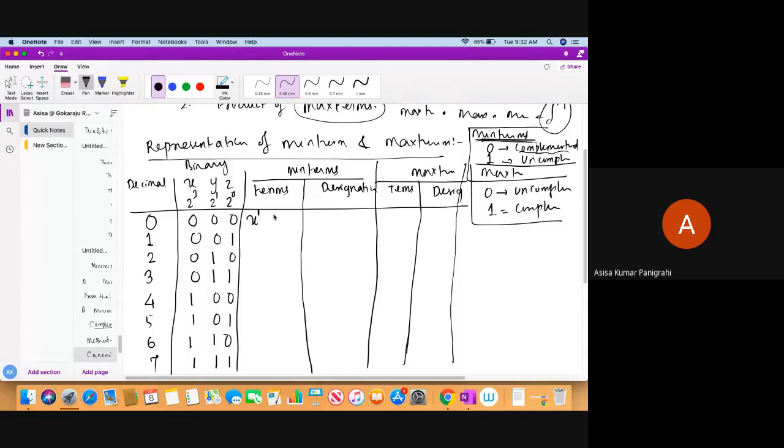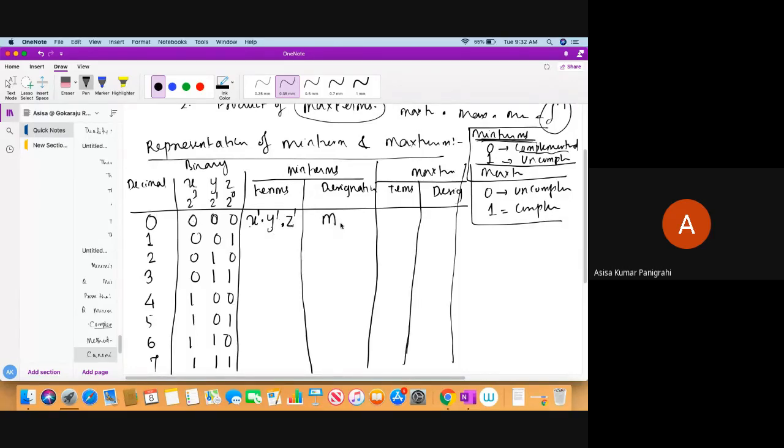Similarly, min terms are product terms, so you have to pick next. Y is 0, so in complemented form, make it y bar. Similarly, z is 0, so it is z bar. Do you all understand? This is a term: x bar, y bar, z bar. What is the designation?